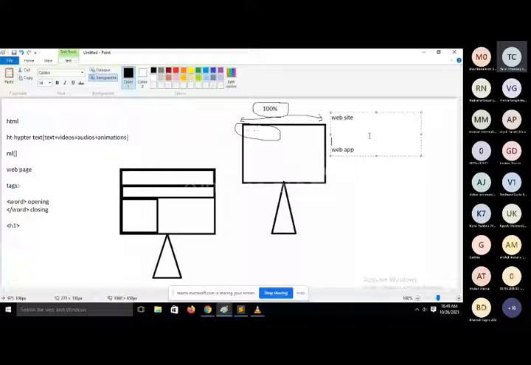Collection of static web pages is called website. Collection of dynamic web pages is called web application. Now you will say, sir, what are static web pages and what are dynamic web pages?